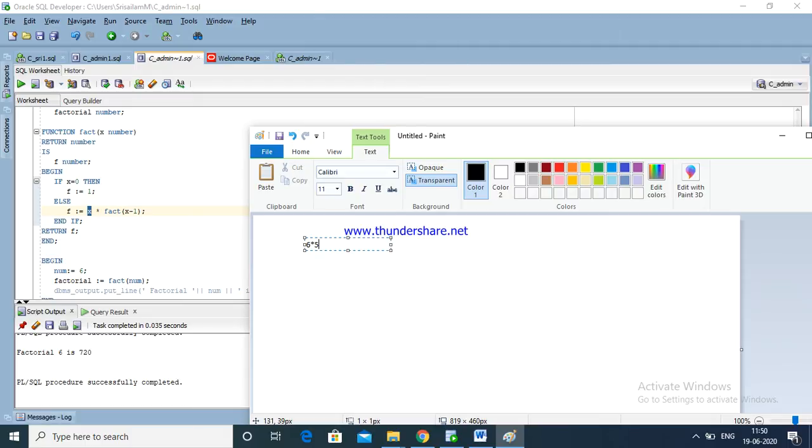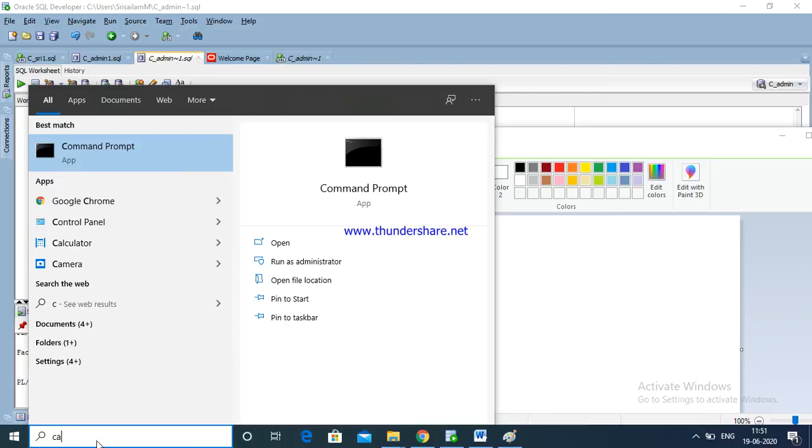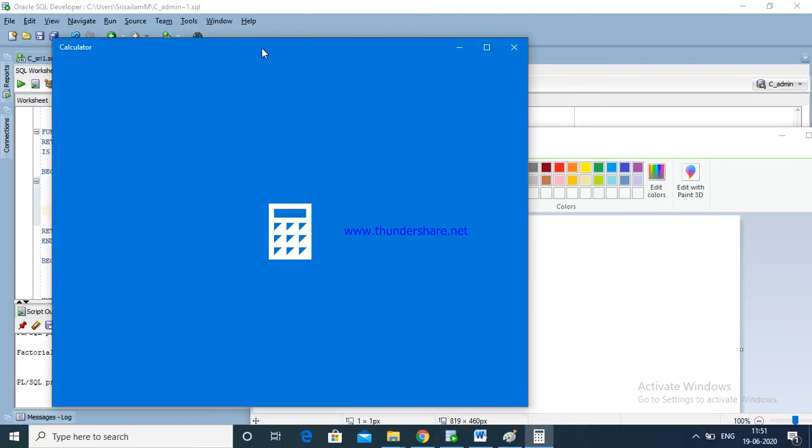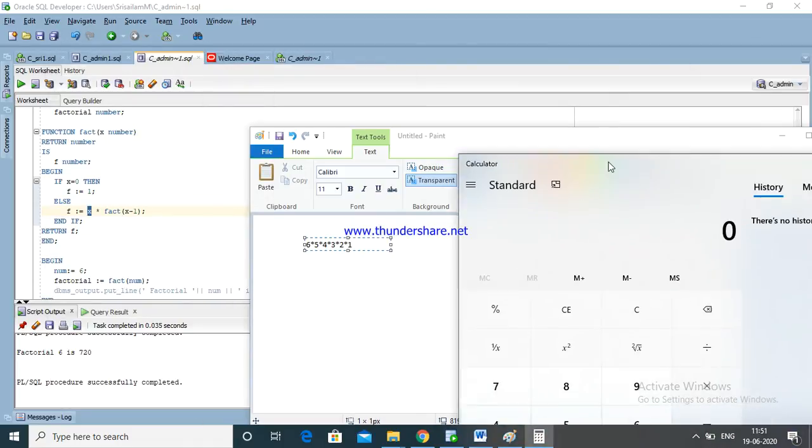Again we are going to do 4, again 3, again 2, again 1. This way, we go to the calculator and do the same calculation.